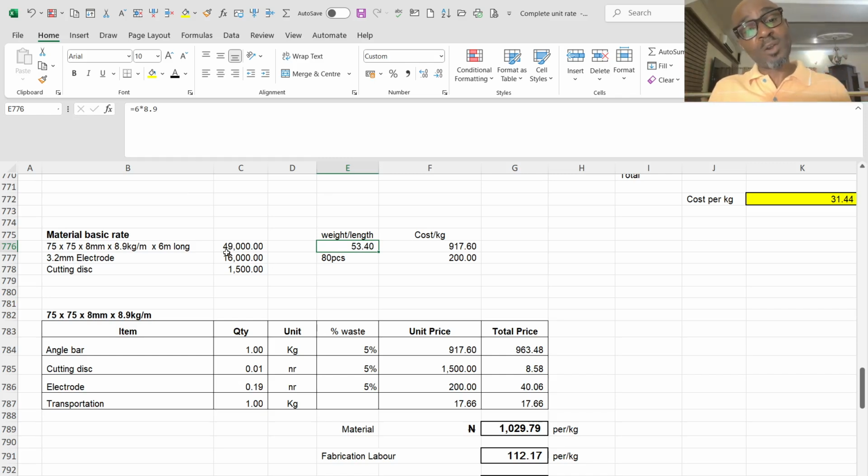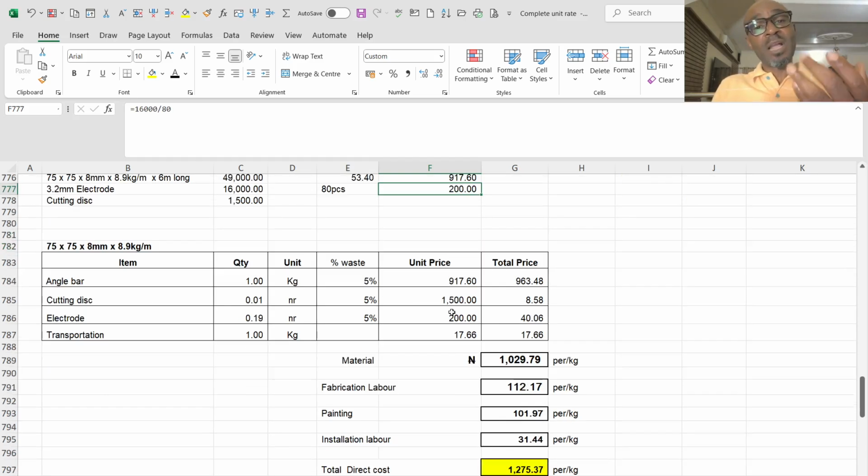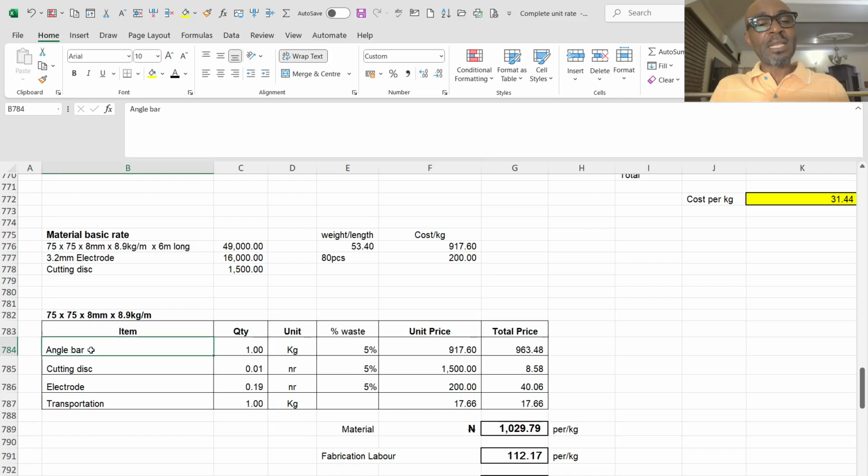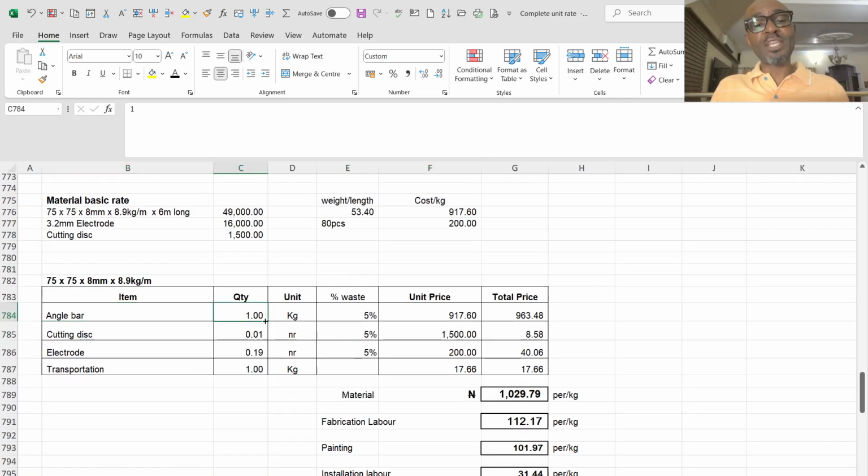So you now divide your cost per one length by the total weight. It will give you the cost per kg, which is 917 naira 60 kobo per kg. As for the electrode, you divide your 16,000 by 80 pieces, which gives you 200. Having gotten this,